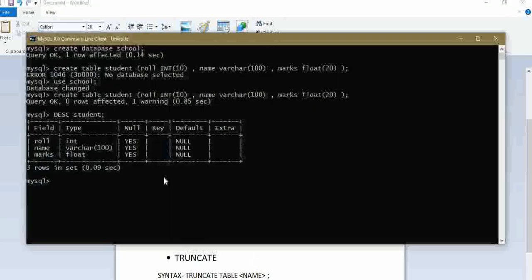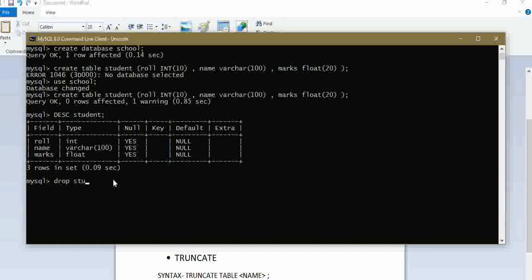So just type drop table, the name of the table is student. As you can see, the table is deleted.